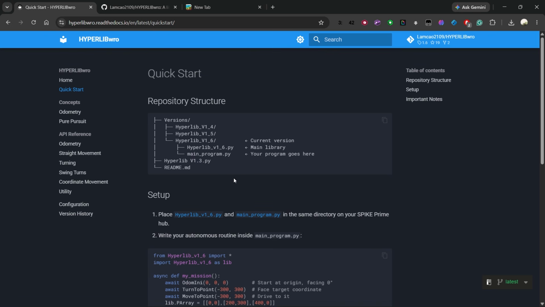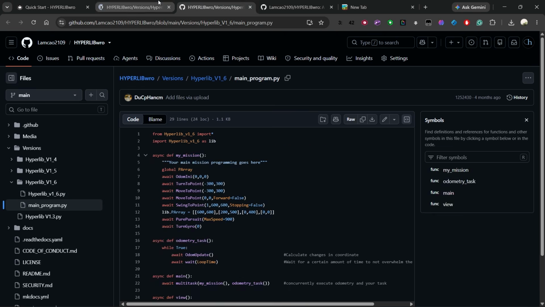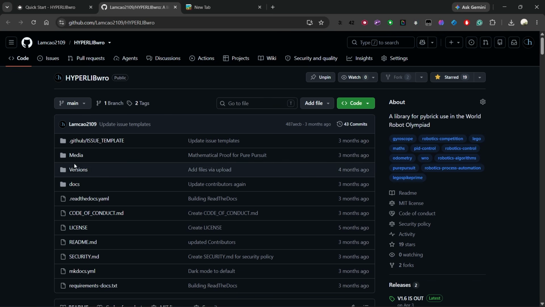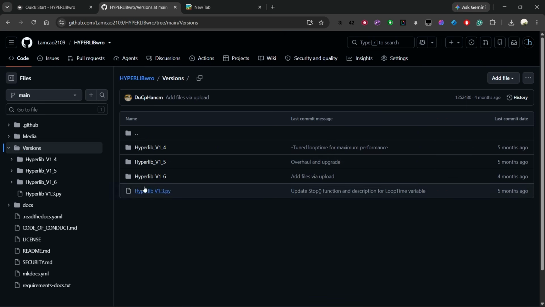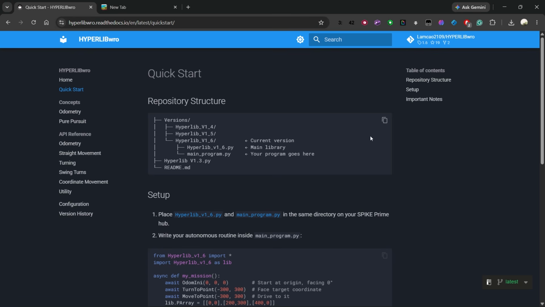In this you can find the repository structure, and when you want to download the code, you can go directly from here to the code, or you can visit the GitHub repository by clicking on this, Ctrl-click to open it in a new tab, go to versions, and you can see all the versions right here. Go to the latest one and download these two. I already have two of those downloaded,